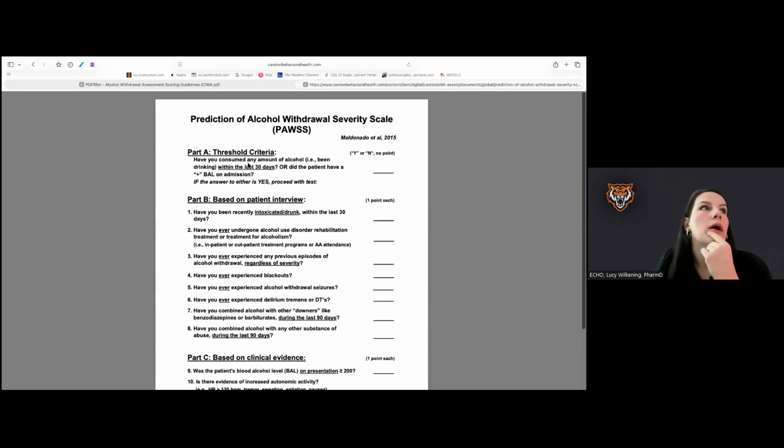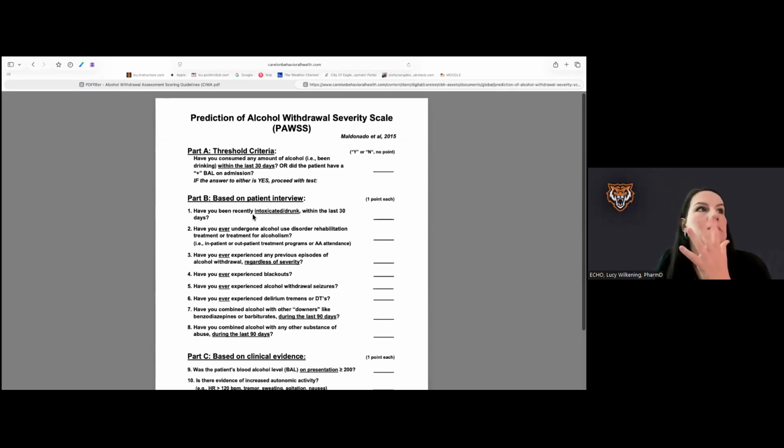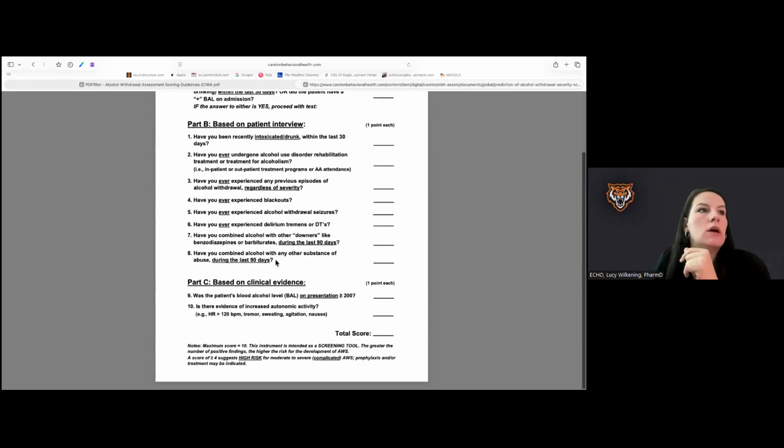Have you consumed any amount of alcohol in the last 30 days? Have you recently been intoxicated? Have you ever had DTs? Those kinds of things. And this can vary a little bit from institution to institution, but generally speaking, if a person's PAUSE score is 4 or higher,